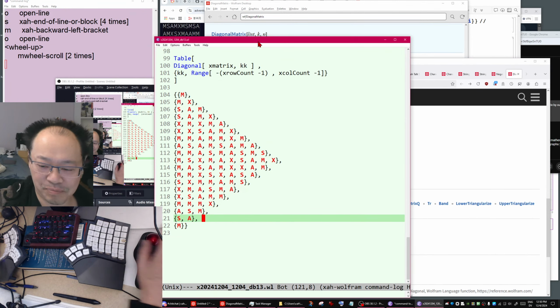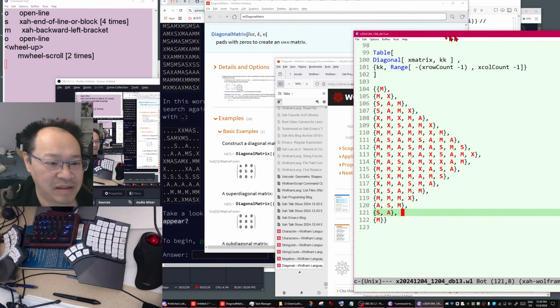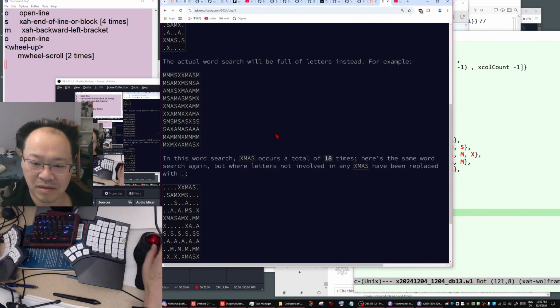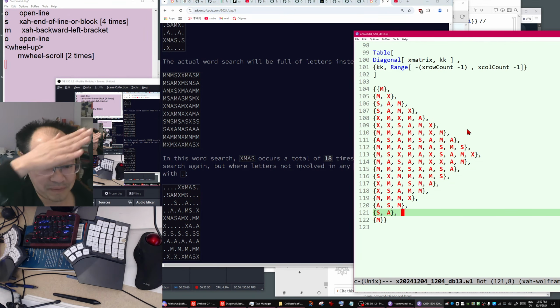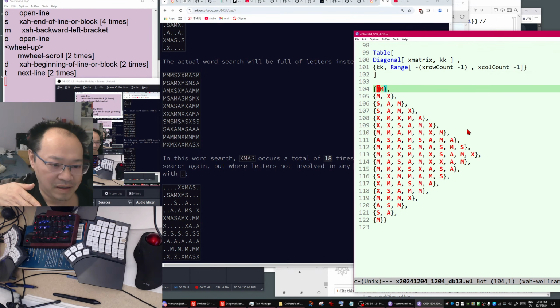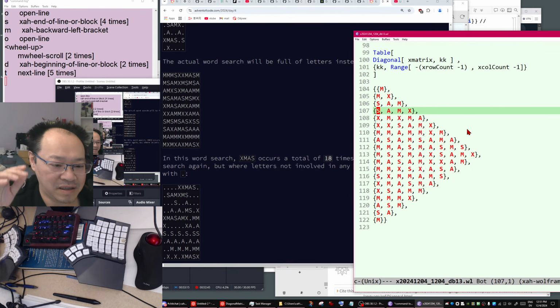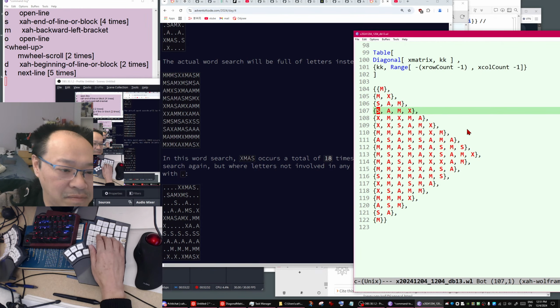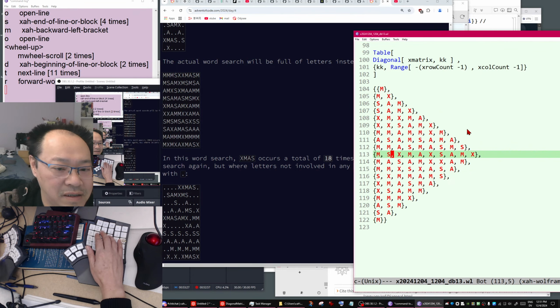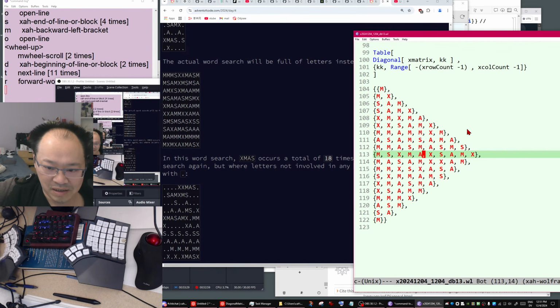Is our diagonal properly done? So how does it begin? So begin from the bottom. So you got M, you got MX, then you got SAM, then you got SAMX, that's right. Then all the way, then the leading diagonal is MSXMAS, that's correct.